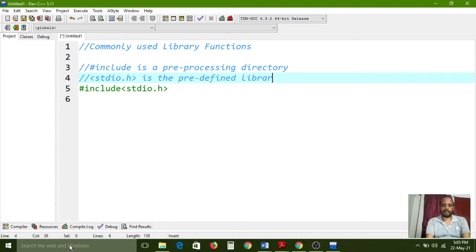What is the functionality of hash include? Actually it is a pre-processing directive.